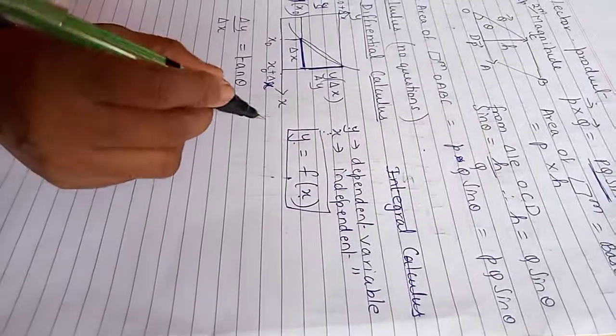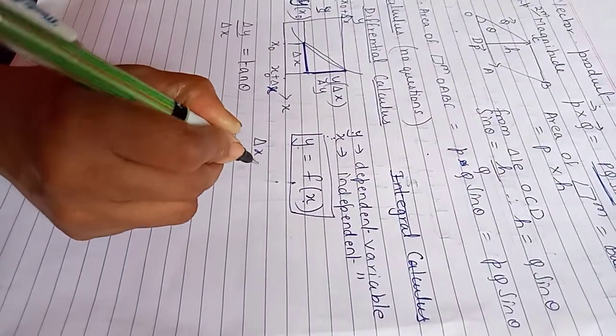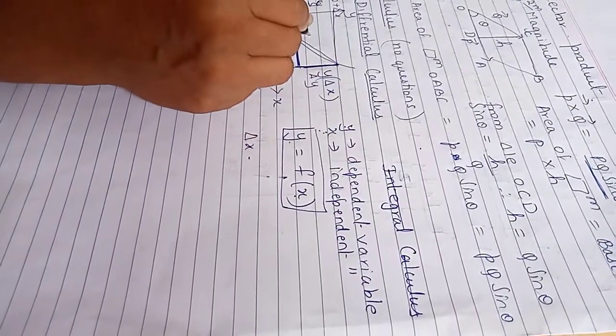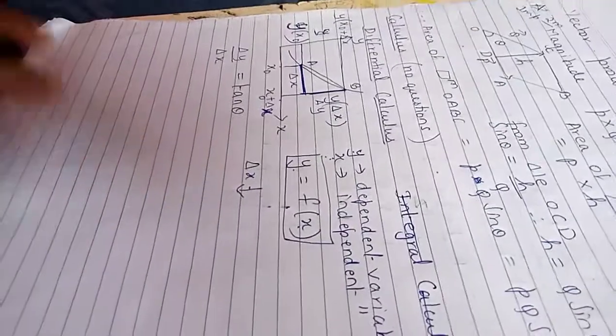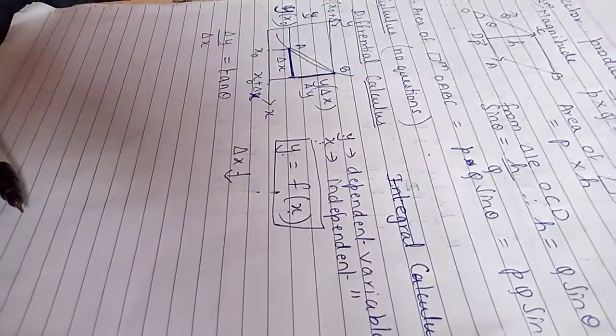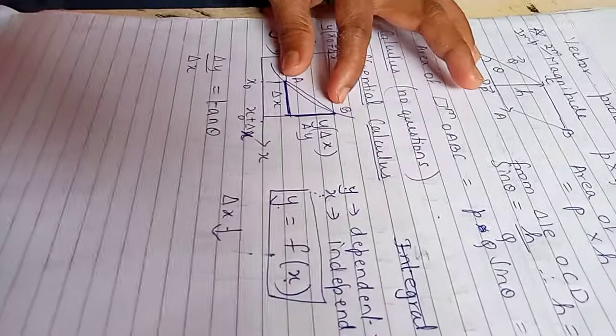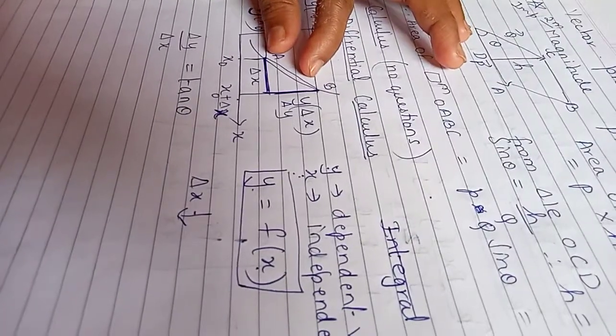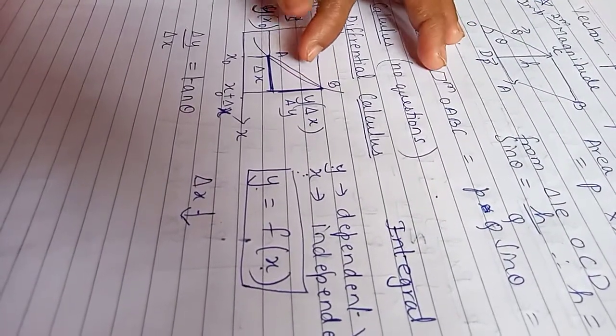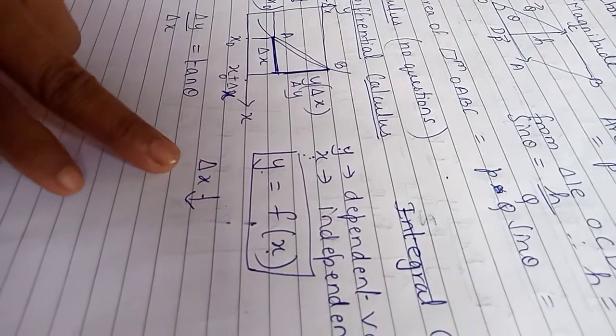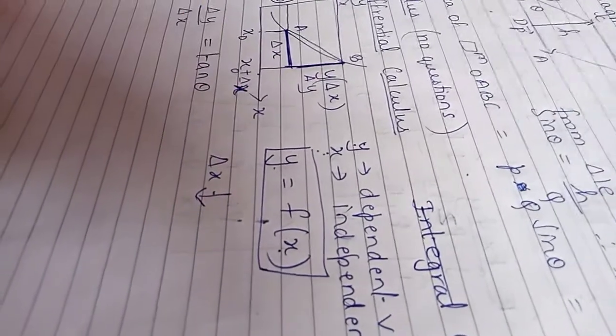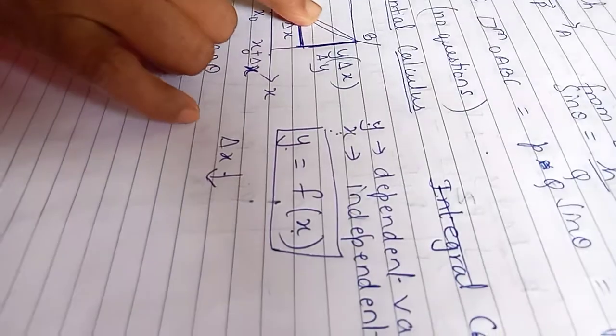Students, let me tell you one thing. Let me mark this as points A and B. As delta x decreases, delta x becomes smaller and smaller, the distance between B and A decreases and decreases and decreases. As delta x becomes smaller and smaller, B almost comes and coincides